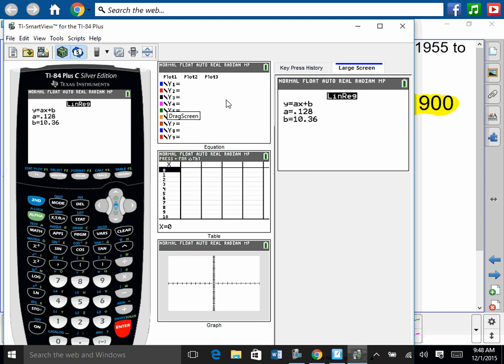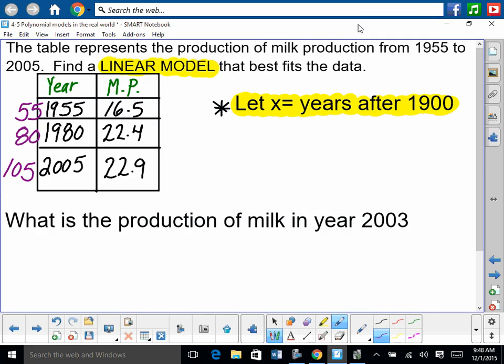0.128x plus 10.36. Those are only all to go one line. So our function, y is equal to 10, wait, what was it? 0.128x plus